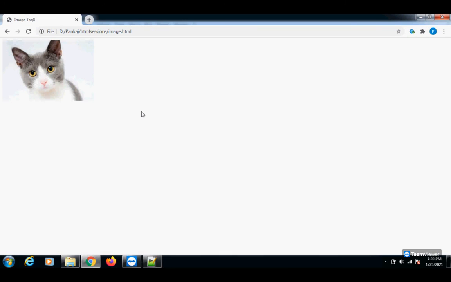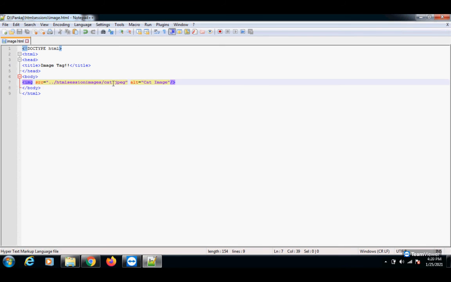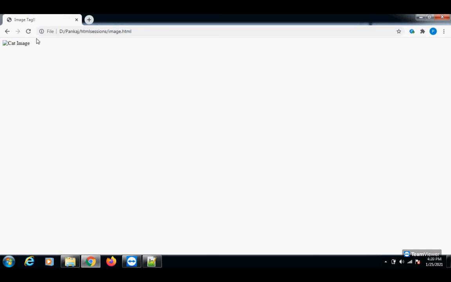So now just refresh the browser once. You can see that we have just changed the URL. Instead of JPG, we have used JPEG, because we are not able to render the image on the browser. So we have some alternate for the image.